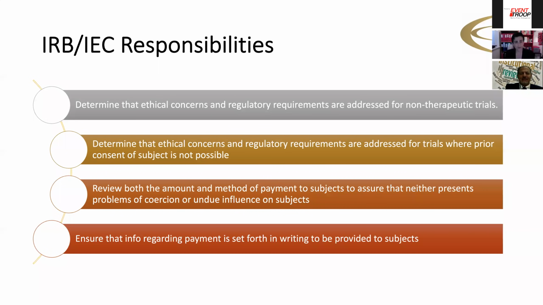And if there is any payment that's going to be made, they want to make sure that this is clearly documented in the informed consent form. So they will look for that: yes, if you're paying, it must be in the consent form. The subject should clearly know that if you're going to be reimbursed, this is the procedure and this is how we will give you this reimbursement. So these are some of the key responsibilities the IRBs have.